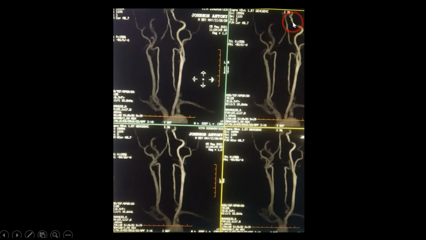It need not be significant. So there is nothing that can be commented on the left internal carotid artery. And the third vessel which is arising is behind this left. What we see here is the left subclavian artery, and the vertebral artery origin is actually seen behind the left common carotid artery. You can see a tortuous origin here.